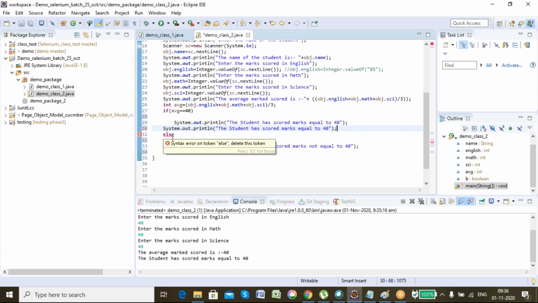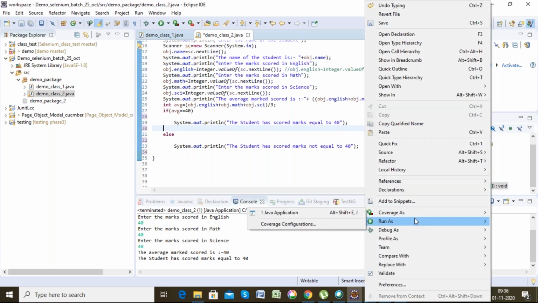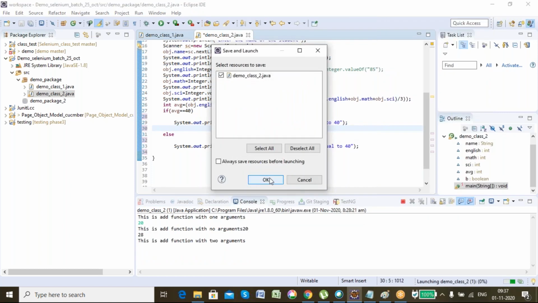For a single line of code, it's okay, you use or you don't use, that's up to you. If there are two lines of code and I don't use curly braces, then that's an error. If I run this particular code, you'll see it will run perfectly without any error.